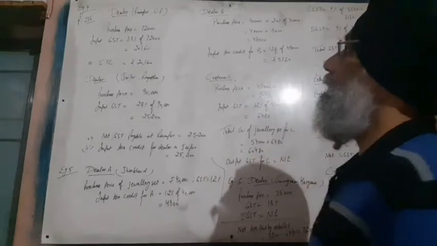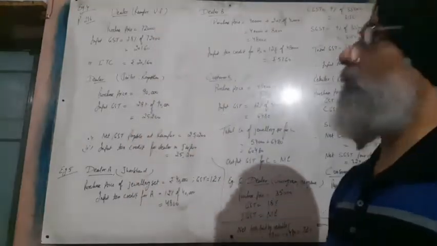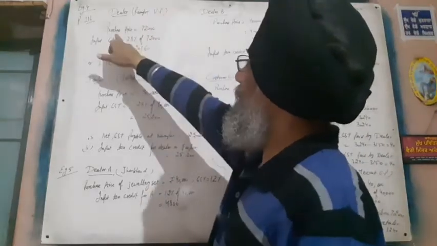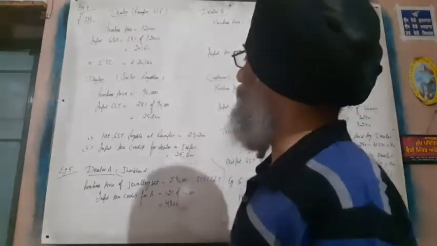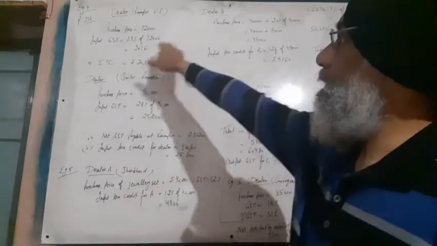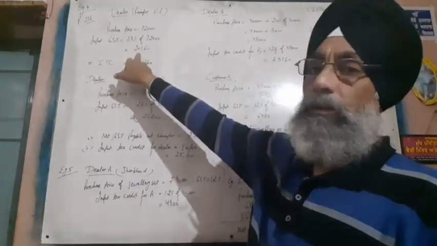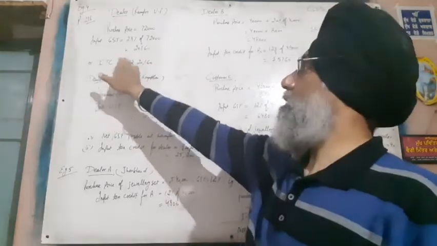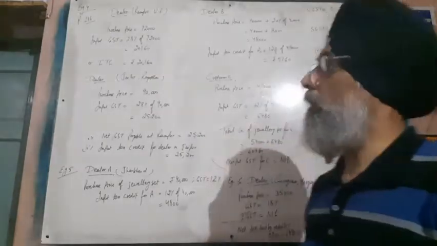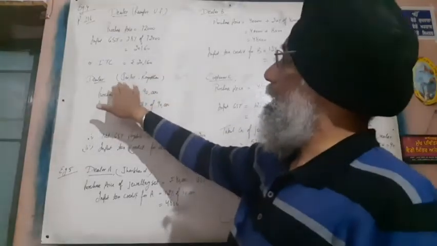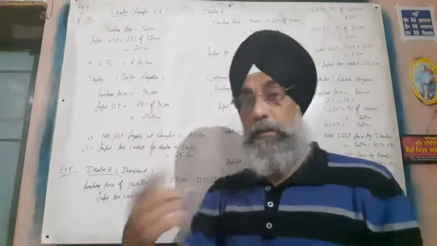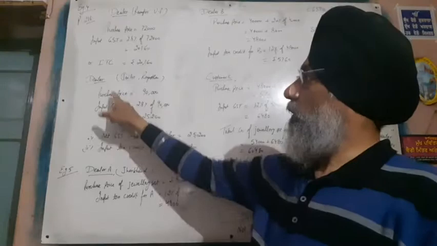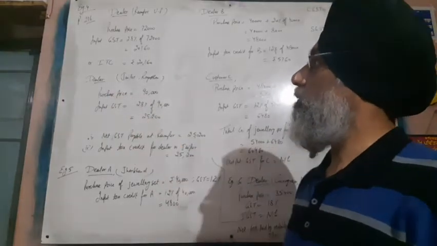Now we see example number 4, that is on page number 216. It is given here that there is a dealer in Rampur, that is in UP. Purchase price is 72,000, that is of the bike. GST is 28%, it becomes 20,160. Means it becomes input tax credit, that is 20,160. He sells it to a dealer in Jaipur, Rajasthan, that is in another state. So the purchase price is 90,000. Input GST for the dealer becomes 25,200.